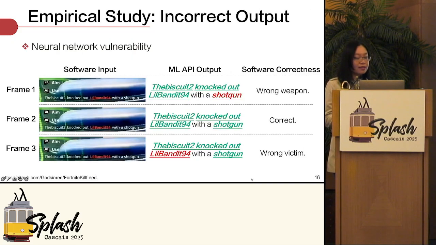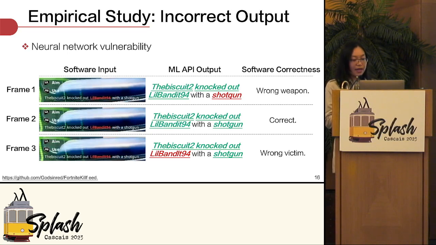ML APIs adopt statistical models without strict correctness guarantees. Therefore, from time to time, ML APIs produce incorrect outputs, which lead to about 1/3 of all the test failures. In the study applications, incorrect ML API outputs mainly come from 2 sources. First, the neural network volatility. A small perturbation of an input may trigger inner flaws of the neural network models and lead to an incorrect